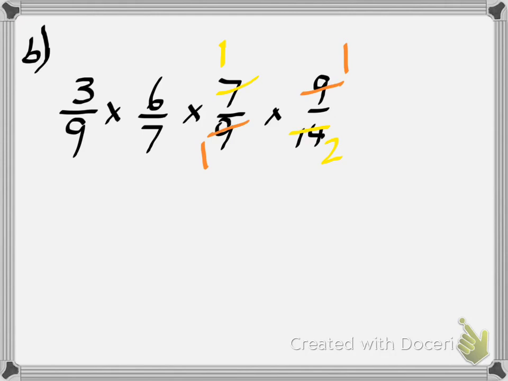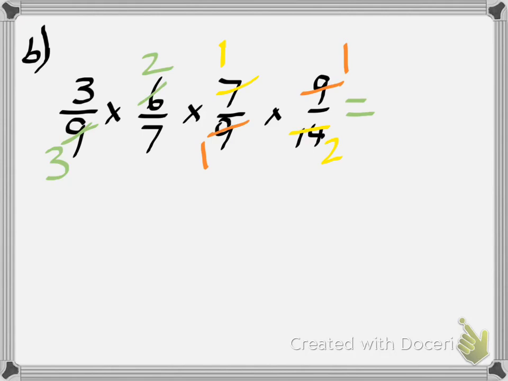Then we can take our 6 and our 9. They're both divisible by 3. 6 divided by 3 is 2. And 9 divided by 3 is 3. And then we could cancel a little bit more for these,